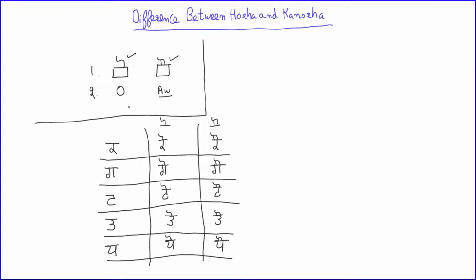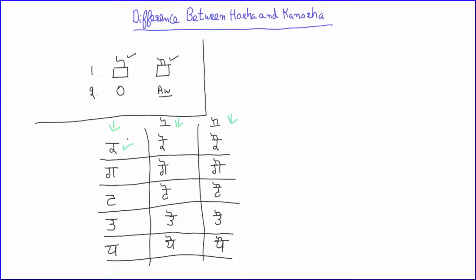Okay, so in this column we are having the Mukta letters. Mukta letters are letters where we have not attached any matra. Here we are having Hoda and here we are having Kannada. Let's try to understand the difference between the sounds of a Mukta letter and once we have attached a Hoda and then Kannada. This is my Kakka.